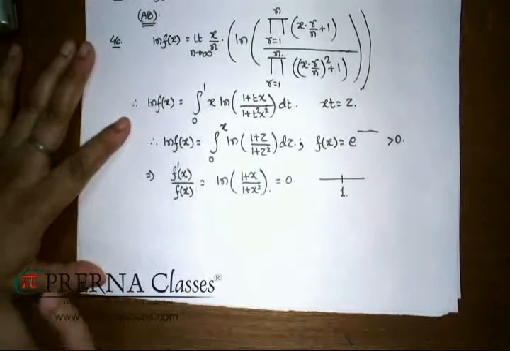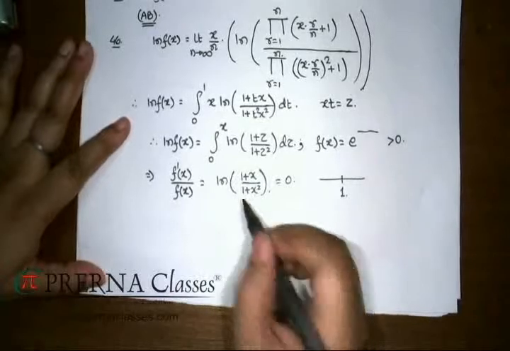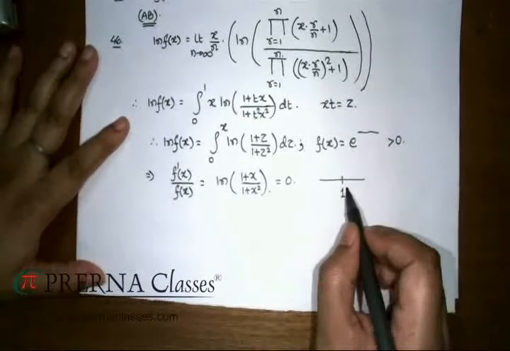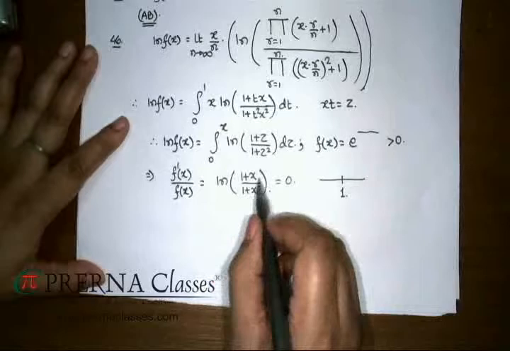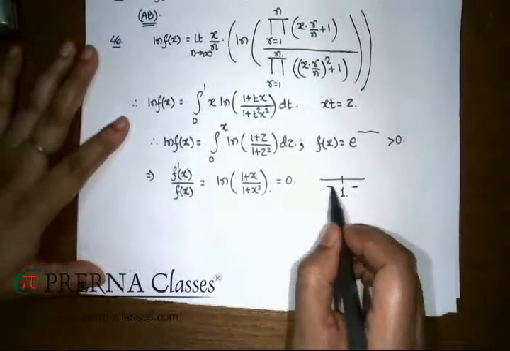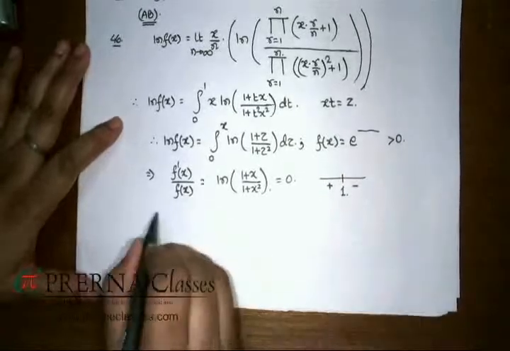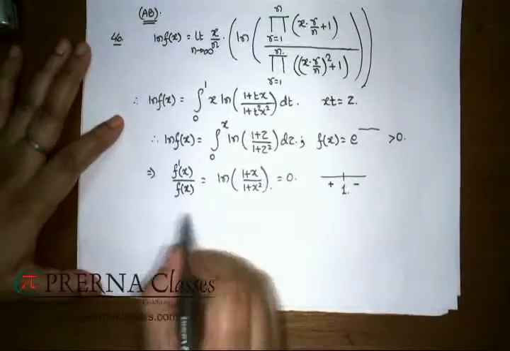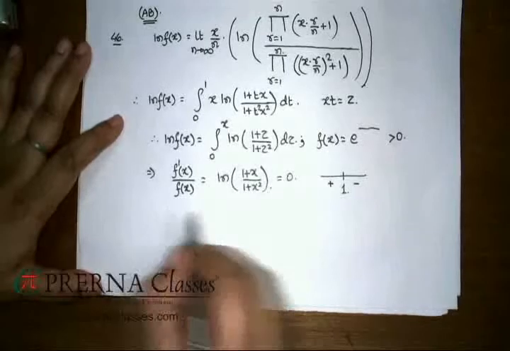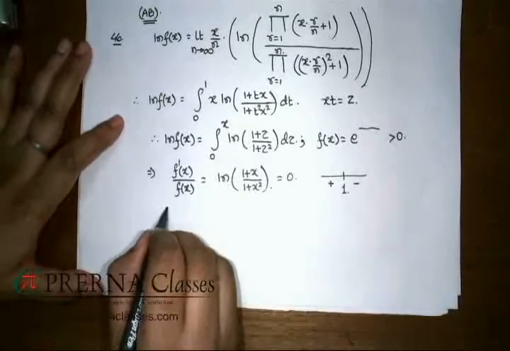And you can check this expression will be 0 when x is 1, as this quantity turns out to be ln 2 by 2. After 2, you can check this quantity is negative, and prior to 1, this is positive. So the function is increasing first and then decreasing. From here itself, I can claim this,